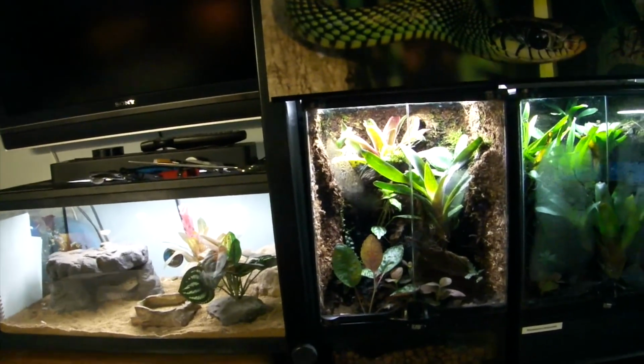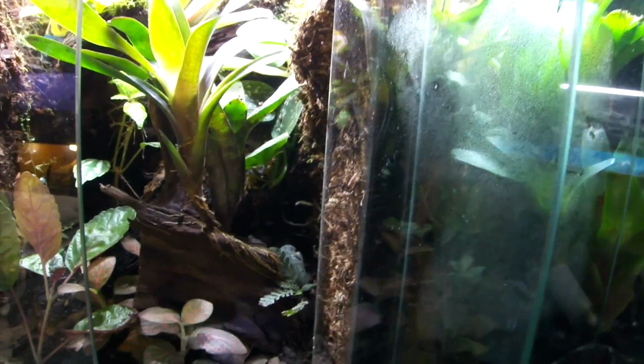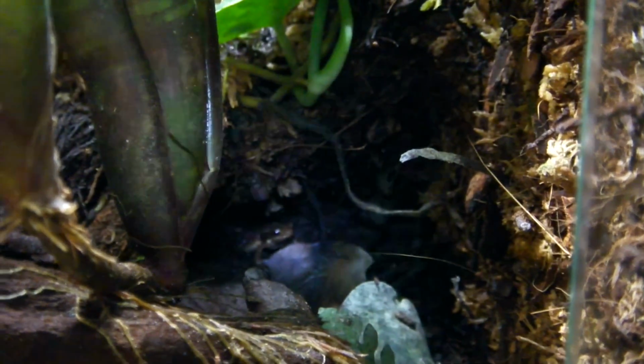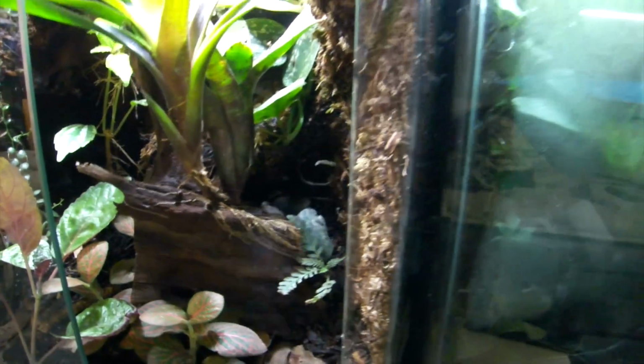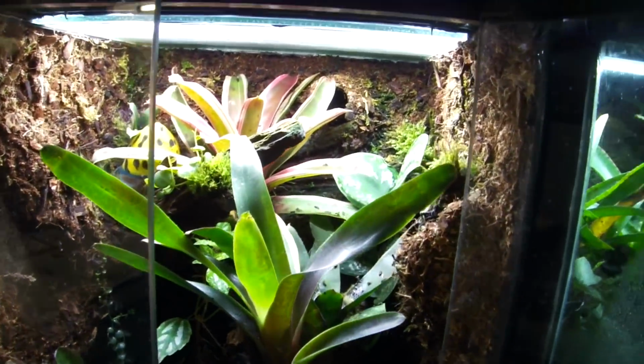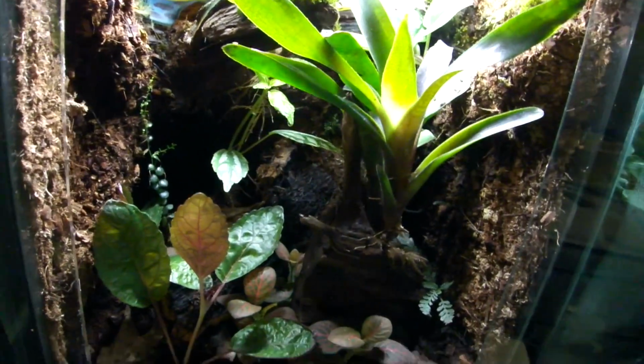From there, we'll do the dart frogs. So most of these guys will be hiding. I'm hoping to be able to show you a couple of them here, though. And back there, that's one of the Epipedobates anthonyi Santa Isabellas. He's doing really well. Their tank's doing actually pretty good. I got some cuttings in there,